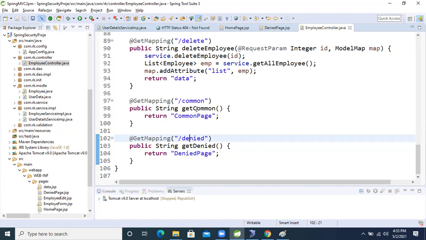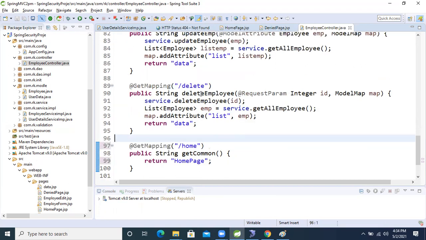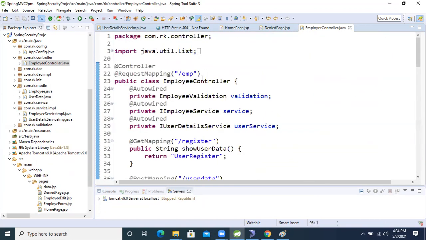Denied page is there now. Here take home page. Home page. Here, home. Now fine. We have given it. Now the thing is completed, guys.